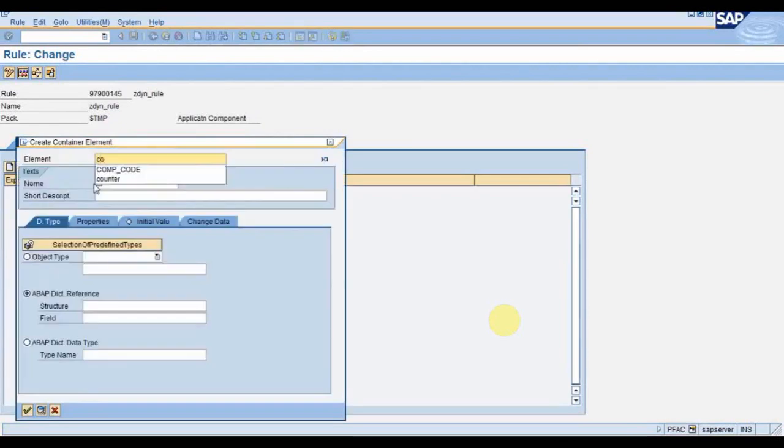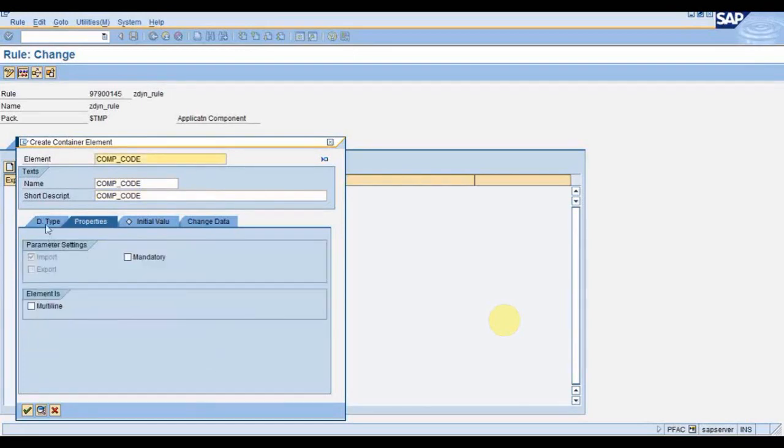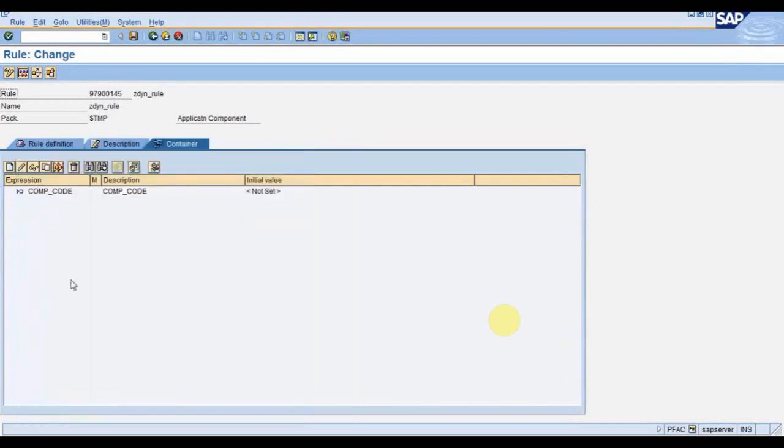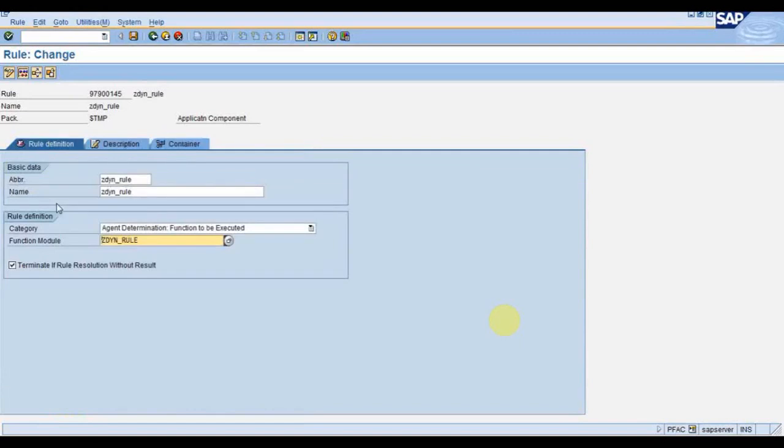As I have used this company code, so I will create one company code rule container. So I've created one rule container.